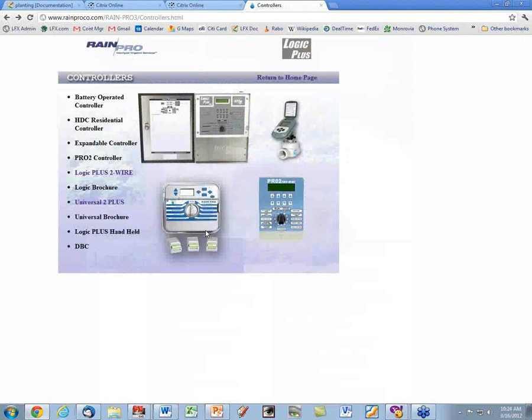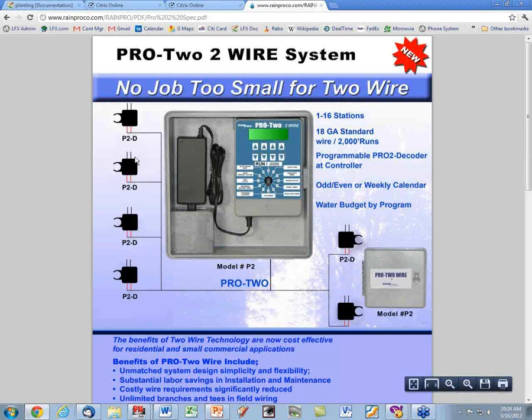And this one down here is the Rain Pro 2, the Pro 2. Is that right? Well, that's actually our expandable modular controller that's pictured there. What isn't pictured is our Pro 2 controller. It's a new introduction that we made about 2 years ago, and we felt there was a need and a desire to use 2-wire on smaller projects than, say, 24 or 32 zones. This controller was developed to go up to 16 stations. You can run up to 2 valves per station, at a price point where it makes sense to use it